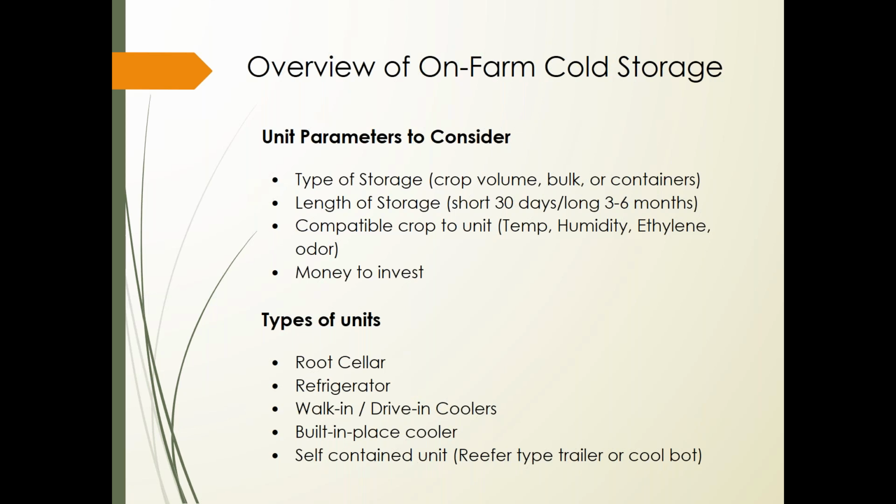Next, let's look at the types of units that are out there. I just want to mention maybe 5 of them, typical. One that we've looked at for generations is a root cellar. A root cellar is really energy efficient, but it only uses ground temperature and some outside air that you pull in for cooling. A vent needs to be provided with the root cellar